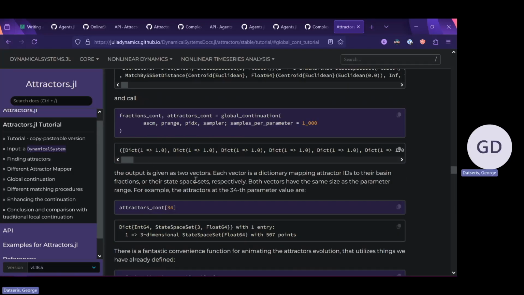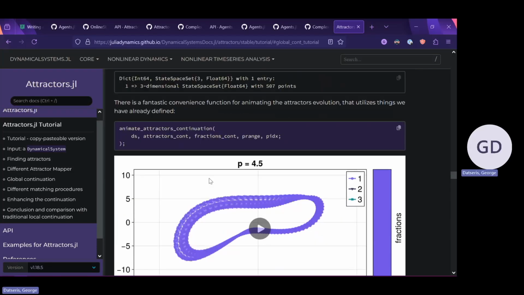And then what is the key output? Here I say, actually the output is just 2 vectors. So once again, this already gives the user information: how do you use this output? And of course, there is the complementary,